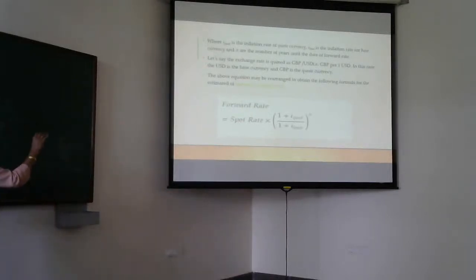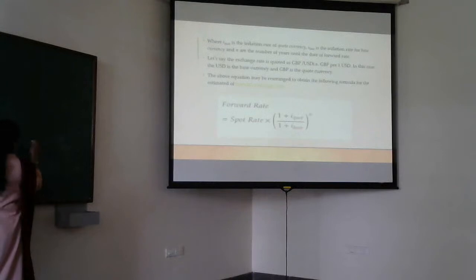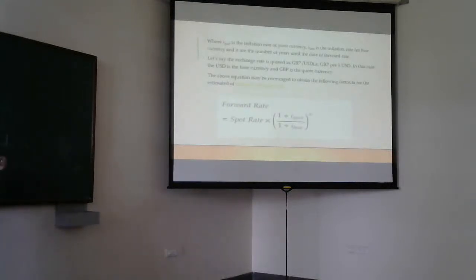So what are they telling now here? They are telling pound per USD. So when we are telling pound per USD, in this case, USD is the base currency and pound is the core currency. Now, in case I want to identify the forward rate for this particular currency denomination, what am I going to do? I will be considering the spot rate between pound per USD dollars, and then I will multiply that with the change in the inflation rate between pound and